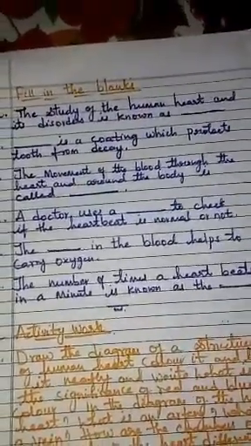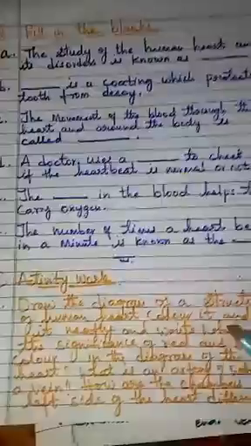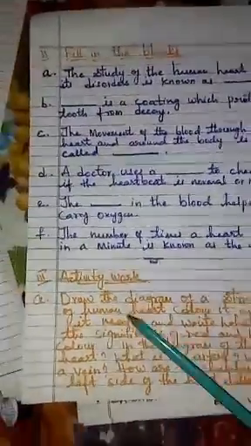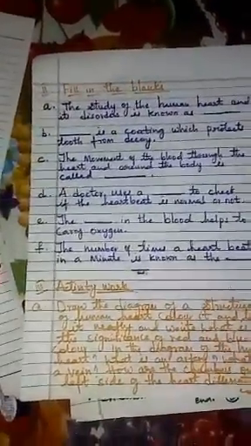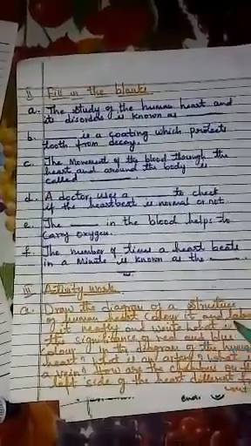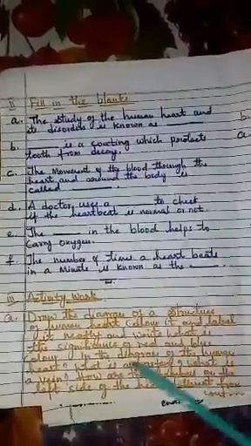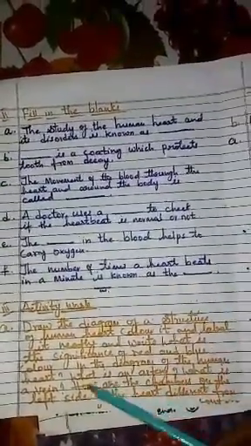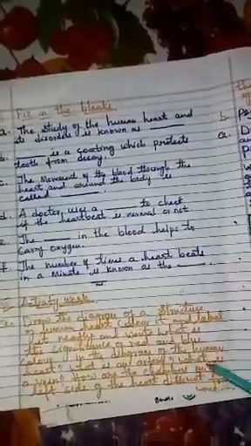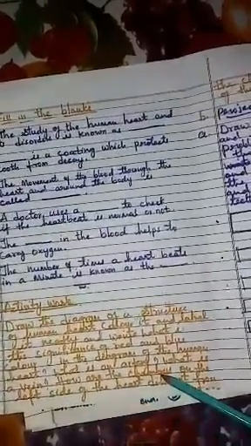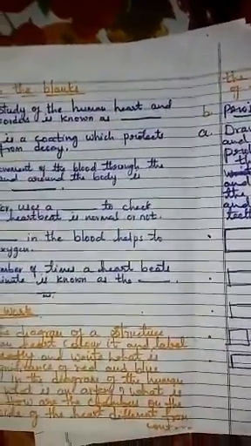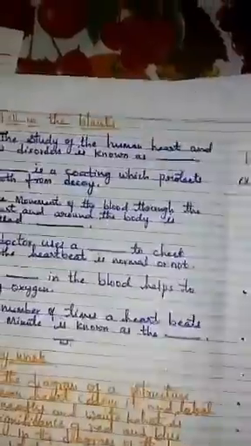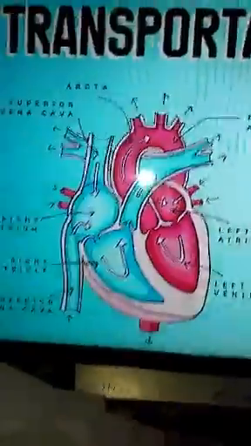Now, the activity also you have to do in the activity book only. The activity for you is: draw the diagram of the structure of the human heart, color it and label it neatly, and write what is the significance of the red and blue colors in the diagram of the human heart. What is an artery? What is a vein? How are the chambers on the left side of the heart different from the chambers on the right side of the heart? So here the diagram you have to draw like this.